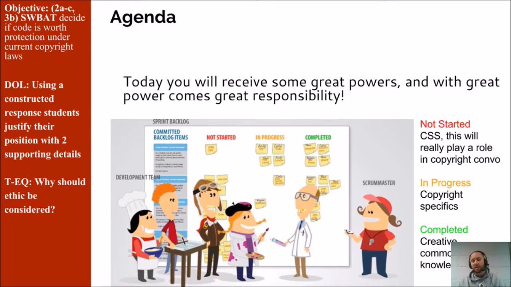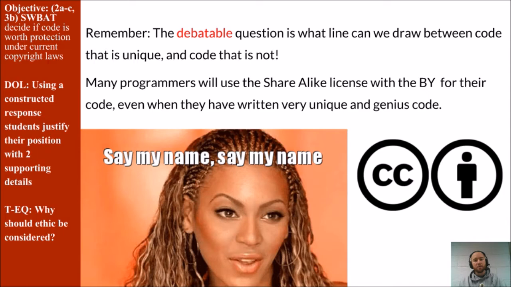What we have not started is CSS. This will really play a role in our copyright conversation. In progress, though, we are currently learning all the specifics of copyright. And completed, you should know what Creative Commons is. So, remember, the debatable question is what line can we draw between code that is unique and code that is